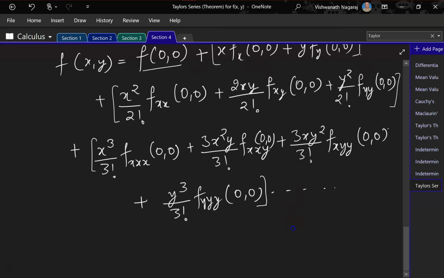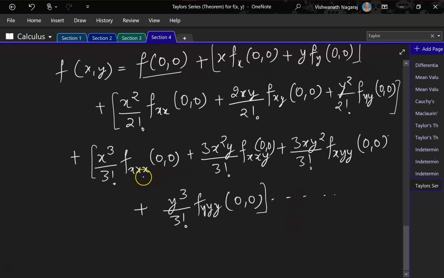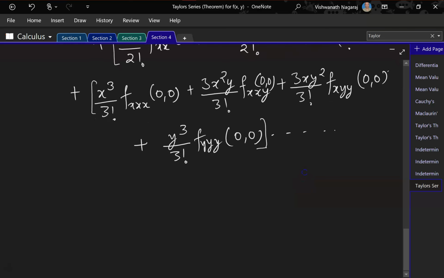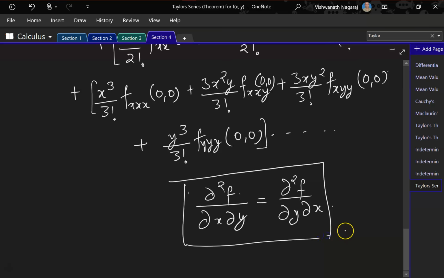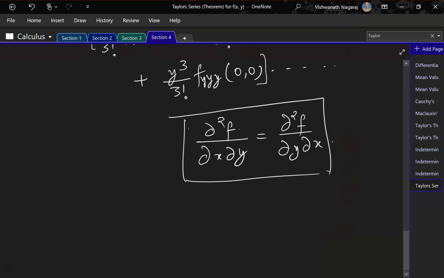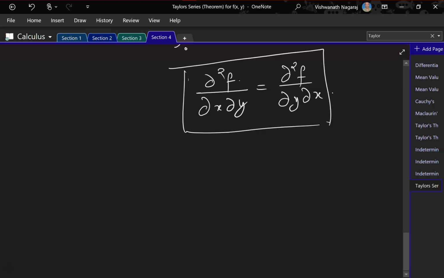Here remember, in which order you do the partial differentiation doesn't matter. You have to remember this. So del square f by del x del y is equal to del square f by del y del x. So this order of differentiation doesn't matter. Okay, so let's actually solve a problem and see